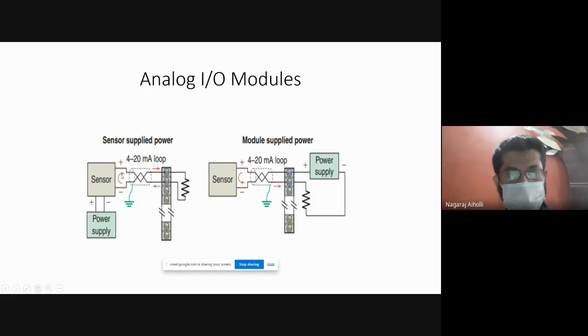This sensor is able to sense the current between minus 20 milliampere to plus 20 milliampere. In this particular application, it is sensing the current between 4 to 20 milliampere. From the positive terminal, you can see it is sending the current in this direction, see the direction of the arrow mark. This is your input module strip or the input channels. From there, it is connected to the input circuit of the input module.